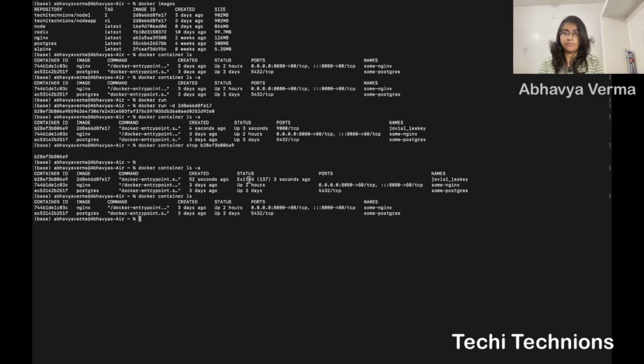Okay, so we are done with ls and ls -a. Then we are also done with how to stop a container. Now I will tell you how to remove a container. If the container is in the running mode, you need to first stop it and then remove it. If it is already stopped, you can directly remove it.